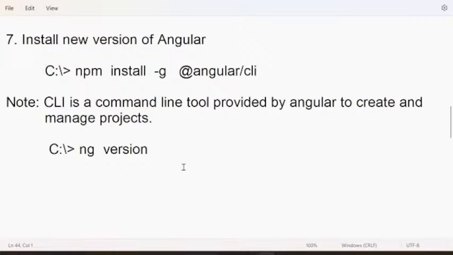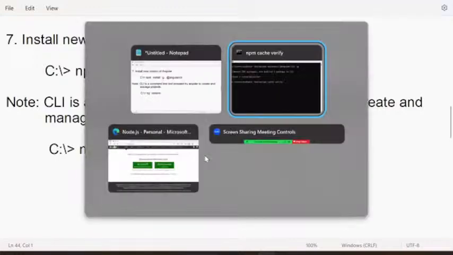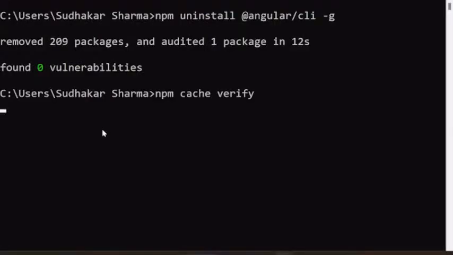Cache verify is very, very important, because if you don't delete the cache and you install a new version, a lot of version conflicts will come. It will give you a lot of warnings saying that the old version is still there, and ask whether you want the new version also, giving you choices. So we need to clean up everything. That is very important.